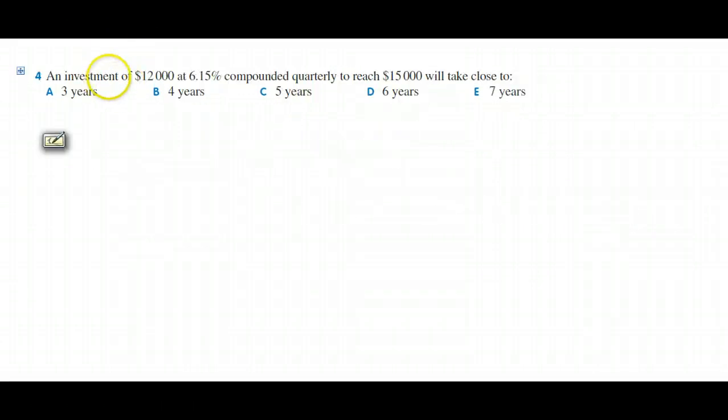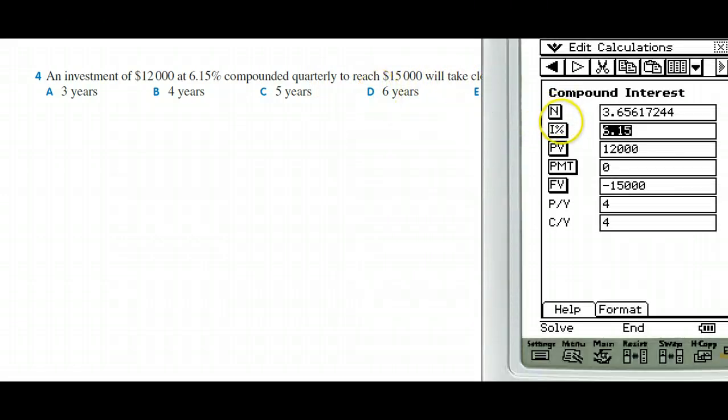Okay, in question 4, which says we've got an investment of $12,000 at 6.15% compounded quarterly to reach $15,000, and we've got to work out how long it will take. Okay, so in question 4, we need to use the compound interest calculator, and we've been told the interest rate is 6.15, the initial investment or principal was $12,000. We've got to make the future value negative, because that's the way the calculator likes it, and put in 15,000 that was told to us, and it's compounded quarterly, so these are both got to be 4. And then we calculate n, and we find out that it's